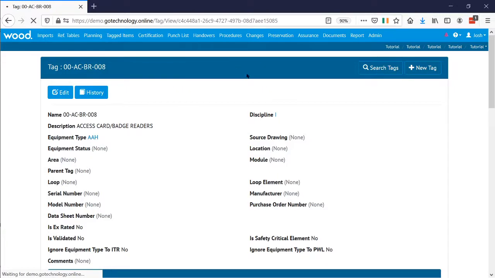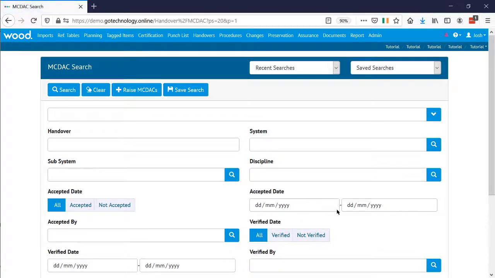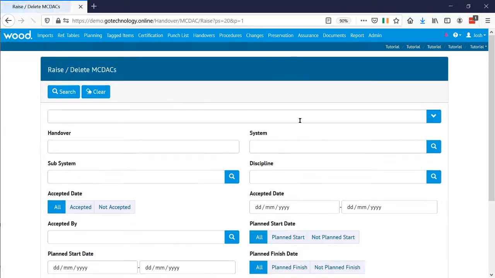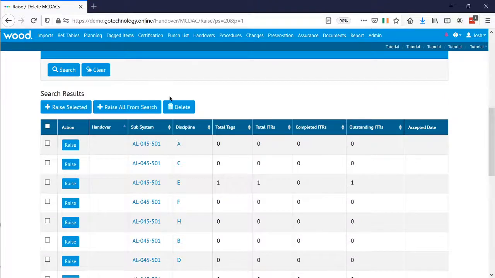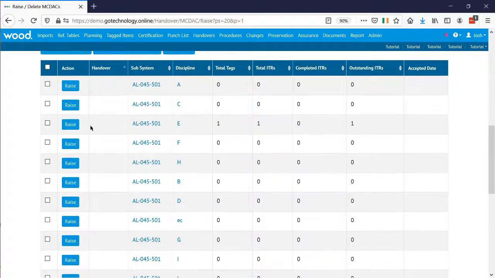And we'll go and raise. We've got it set up so the MC DAC is the one which shows up on the front screen. So we'll just go raise MC DAC. And once we've clicked raise MC DAC, you can see here what's coming up is the highlight of which ones you can raise. So this is all the subsystems, and then the disciplines against them. So we'll go with raising